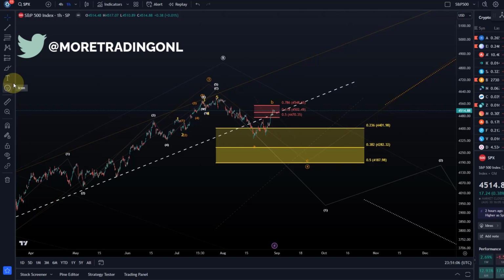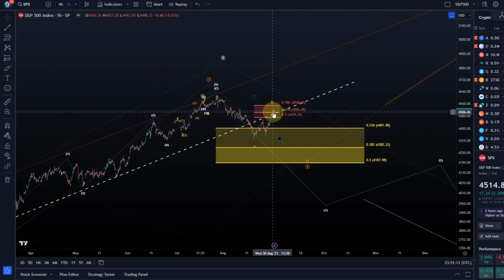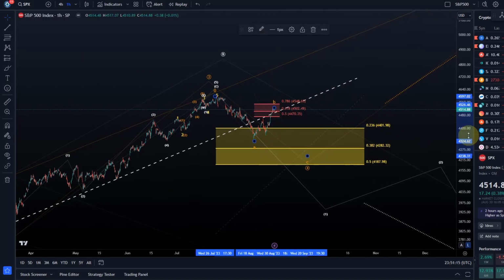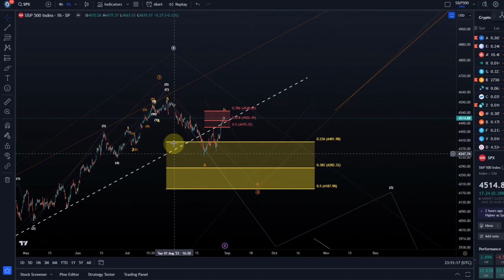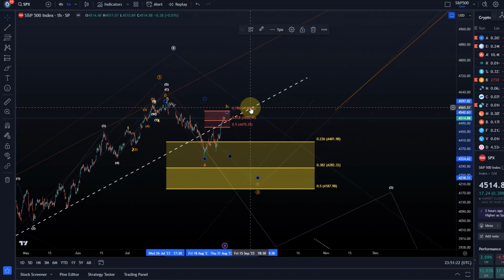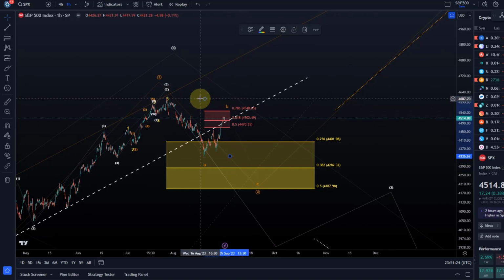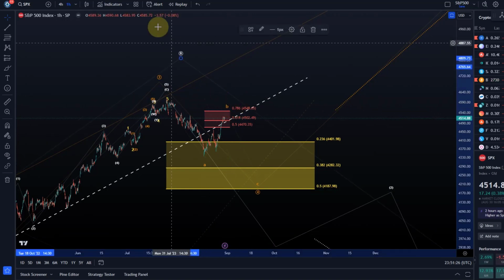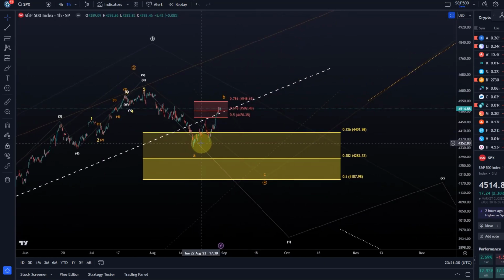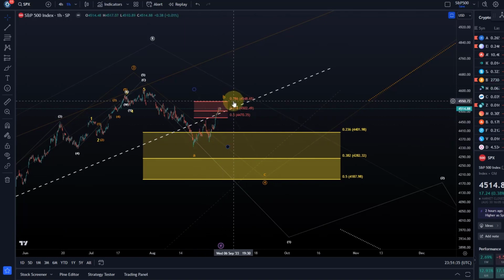On the S&P chart, we've seen a bit of a rally in the last few days. This seems to be the B wave we talked about in the last videos, but it's very complex. There are different possibilities that can unfold here. The first one I'm exploring is likely as long as this is only a three-wave move to the upside and as long as price stays below the key resistance at